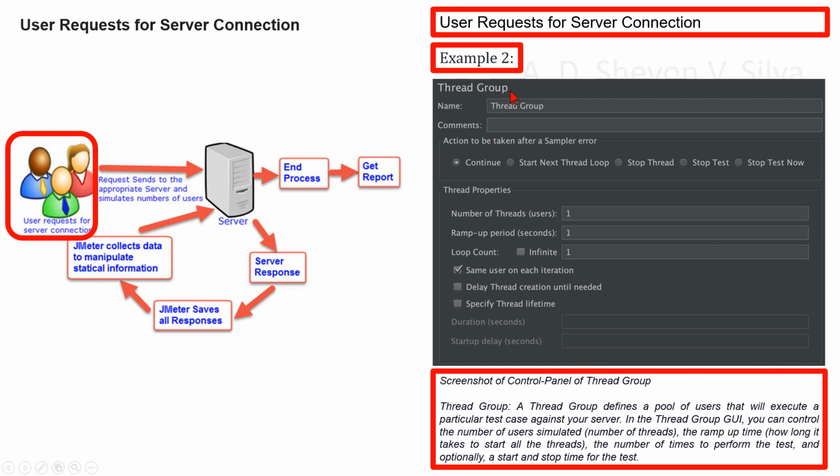A thread group defines a pool of users that will execute a particular test case against your server. In the thread group GUI, you can control the number of users simulated, number of threads, the ramp up time,